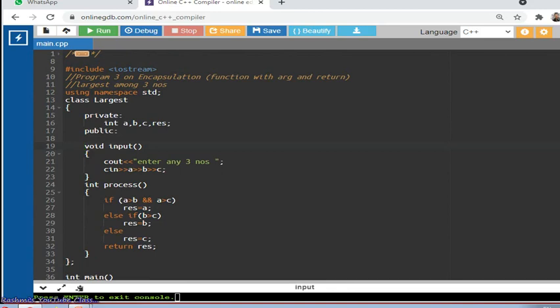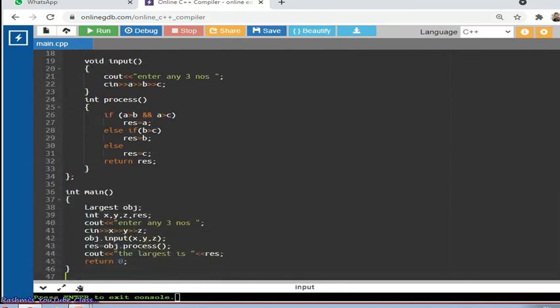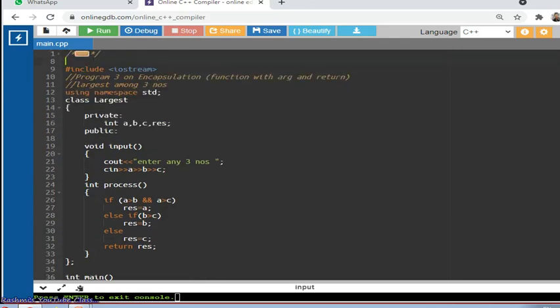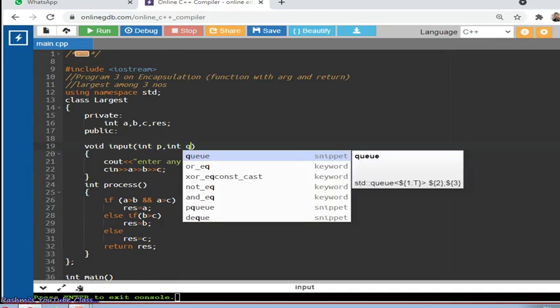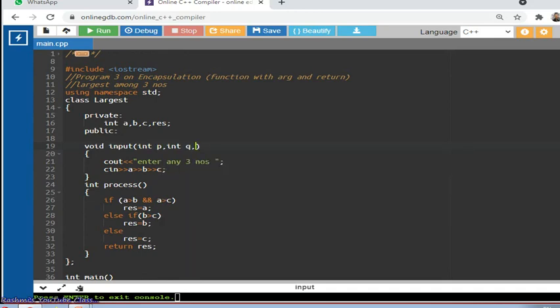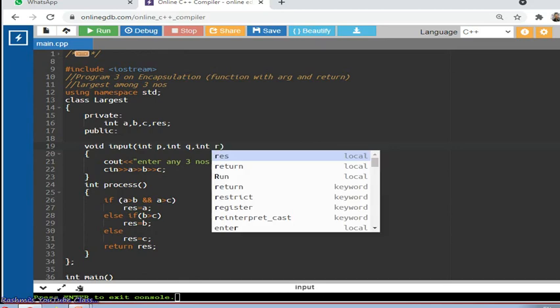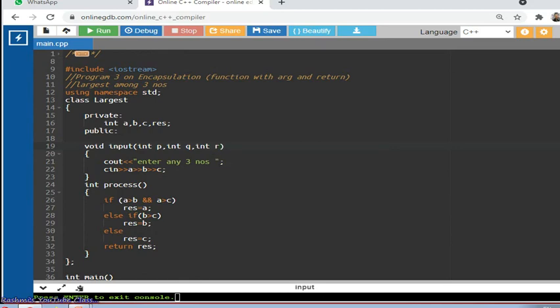So in this case, what we can do, as we have input here and process here, output has to be there. So here in input, what we can do, we can take some temporary variables, suppose p, q, r. You need to be very clear about this temporary variable, students. As I told, after getting the salary, at least for that day, or till I deposited it in my account, it has to be there in my pocket.